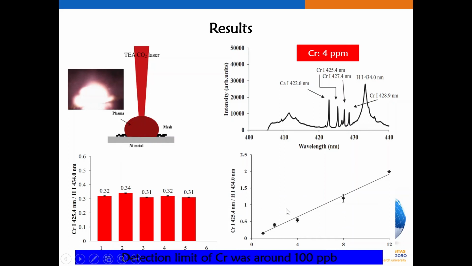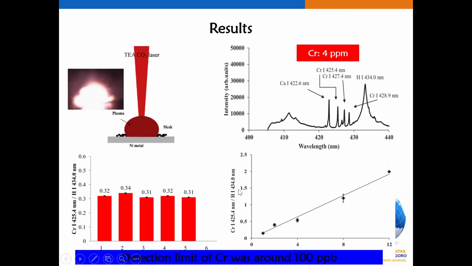Finally, we make semiconductor analysis on chrome impurity or trace elements deposited on a silicon wafer. The silicon wafer contains various concentrations of chrome, namely 1, 2, 4, 8, and 12 ppm. It can be seen here that we can successfully make a linear calibration curve of chrome,